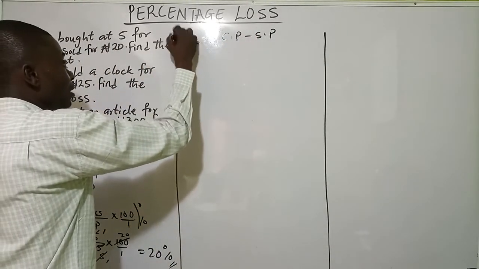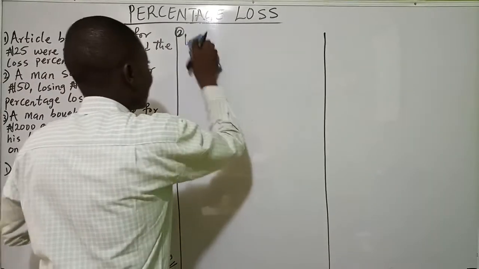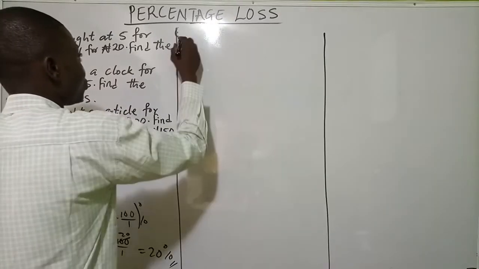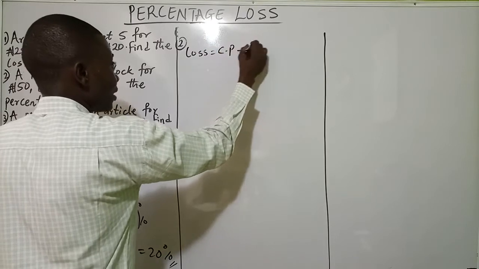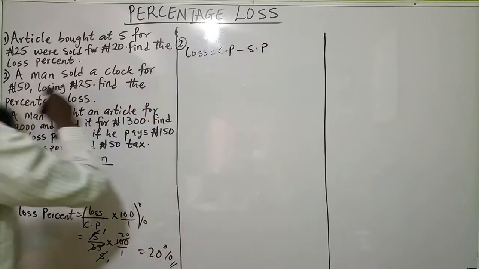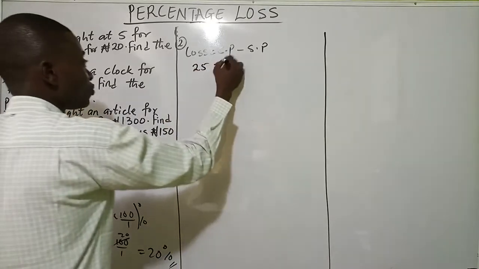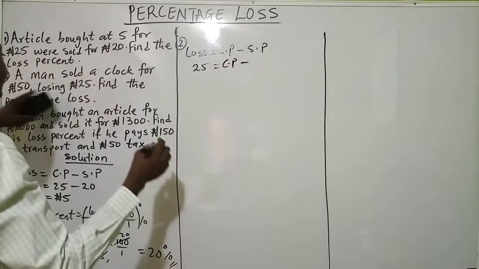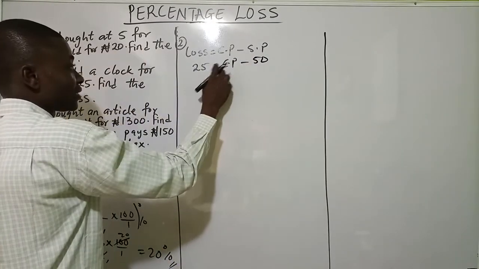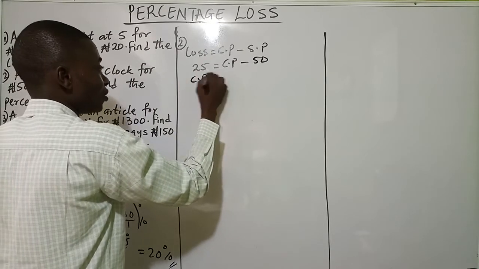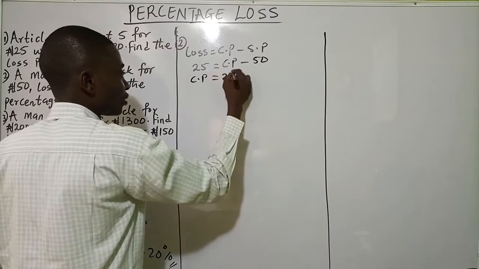So this is number 2 now. Let me bring it a little bit down here. So using loss, loss is equal to cost price minus selling price. Now from the question, the loss is 25. We don't know the cost price, we need to get the cost price, minus selling price, which was 50 naira. So can I get it now? So cost price is equal to, this minus 50 will come over here to meet 25. That will be 25 plus